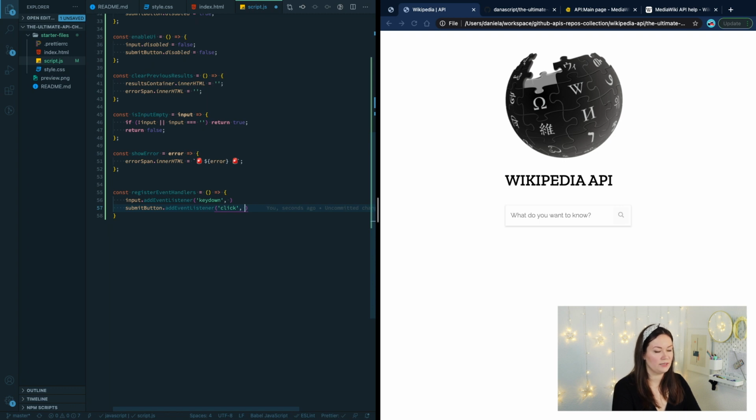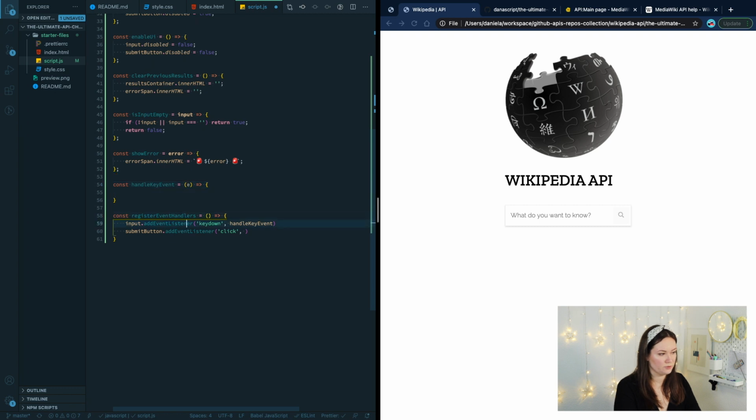Now we could assume that those two elements are going to be calling the exact same function, with one small difference though. The input field on key down is going to fire on a key down of any key. We want to call the function that is later going to submit our request only when the user presses enter. So let's first create a handle key event function. We're going to define it here, const handleKeyEvent. We're going to pass to it the e,